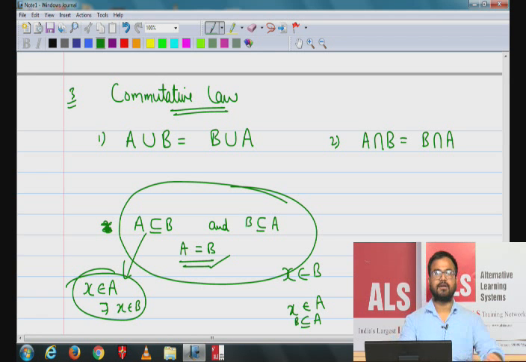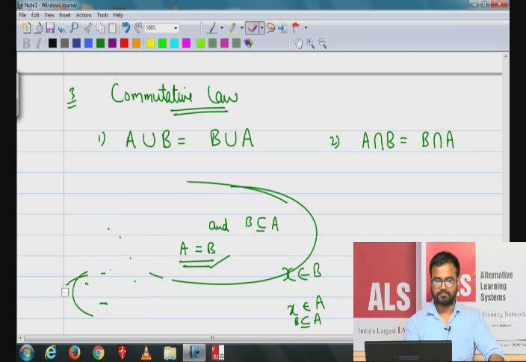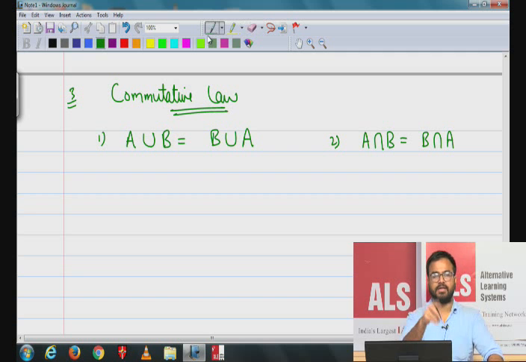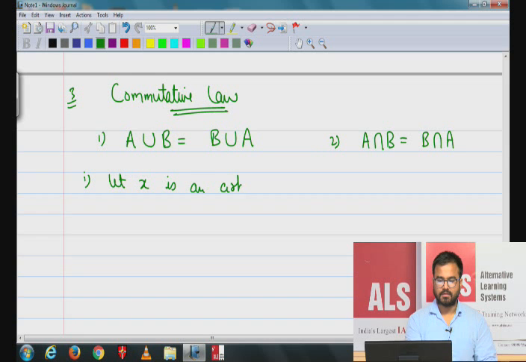Okay, so let's start the proving. So first we have to prove the left hand side. I am doing the first one, you can try the second one yourself. So first we can say let X be an arbitrary element of